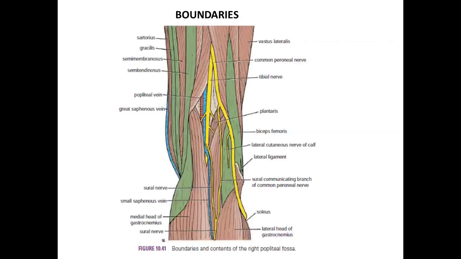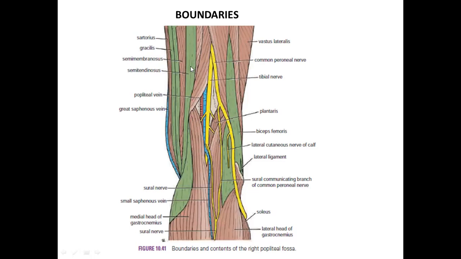Talking about the boundaries of the popliteal fossa, as we have discussed in the cubital fossa in the upper limb, we'll have the lateral boundaries, the medial boundaries, then there will be something that will form the floor and the roof of the popliteal fossa. So coming to this diagram, you can see here that this side is the medial side and this is the lateral side. As this is a diamond-shaped depression, it will have a superior medial boundary, a superior lateral boundary, an inferomedial and an inferolateral boundary.